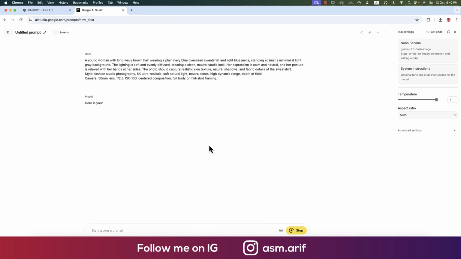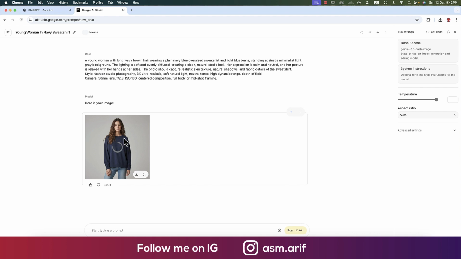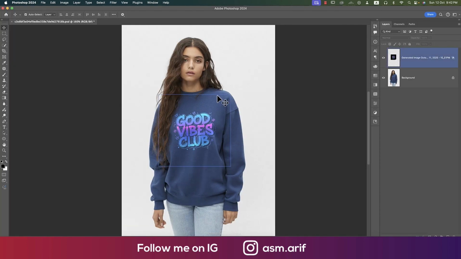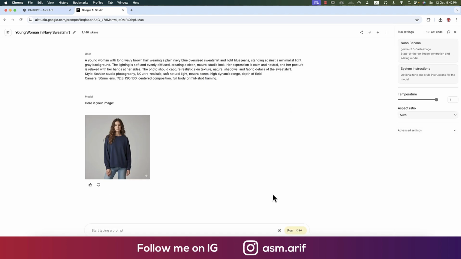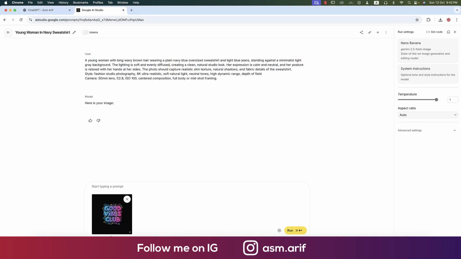Let's see what Nano Banana provides us for the mockup. They provided this one, which is similar to this, but I'll now use this one. And if you want, you can paste that typography into this. So how to tell Nano Banana? Now I will upload this photo and say